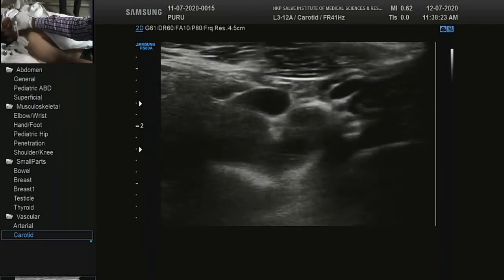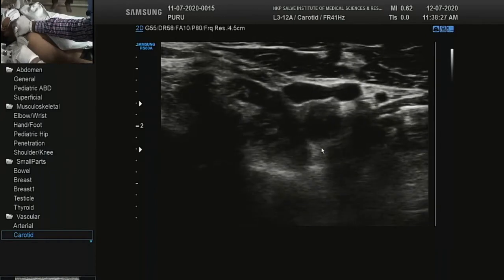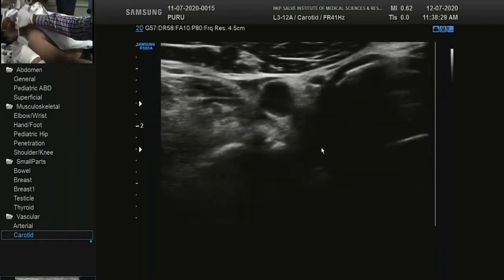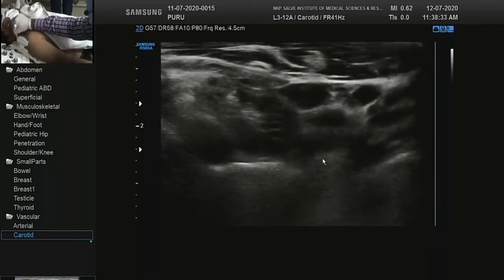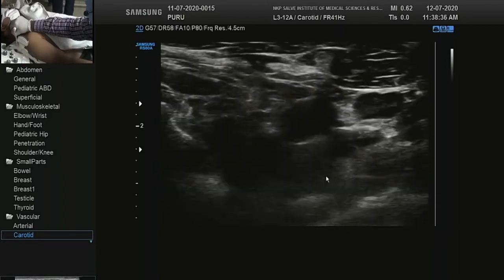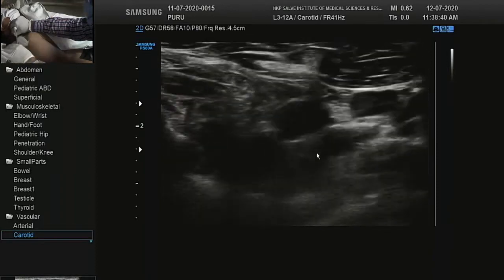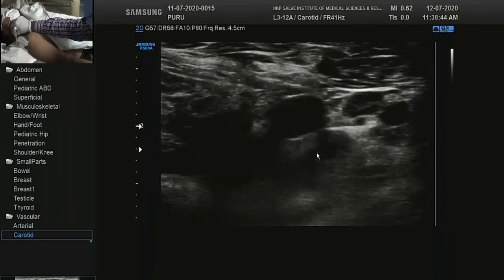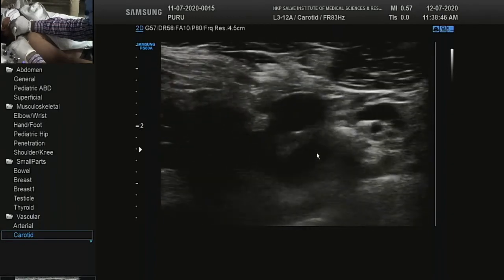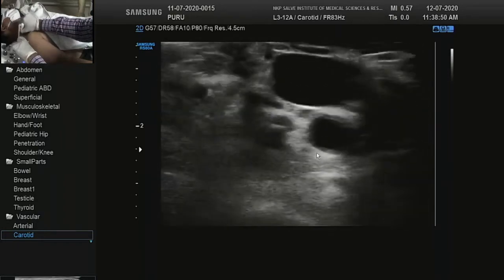This is the bifurcation. That is carotid, this is bulb, and it is getting bifurcated. This is external, this is internal. Not seen very nicely because it is going deep, so we will adjust the focus a little bit to see if we can see it better. No, so we will go back and try to see in long section.